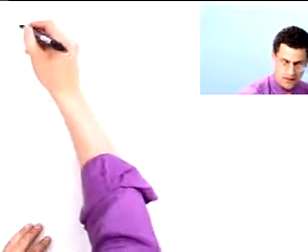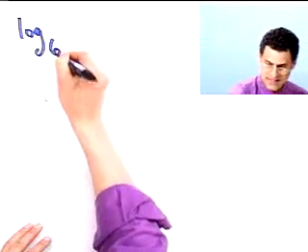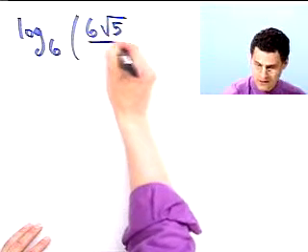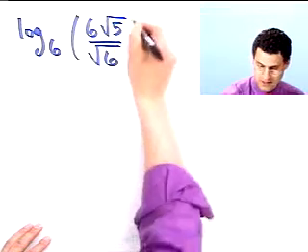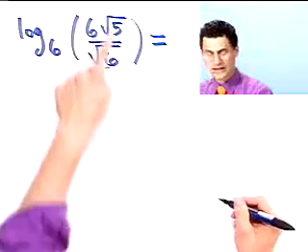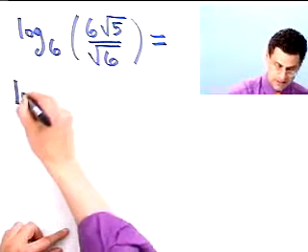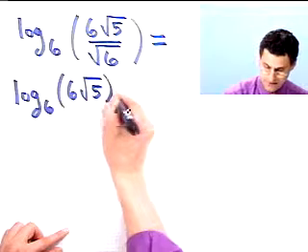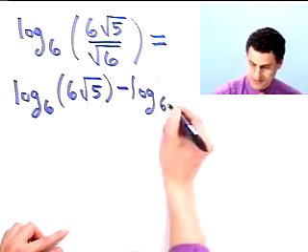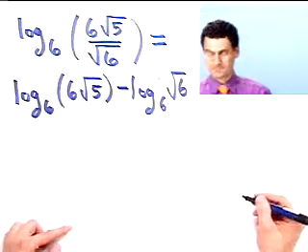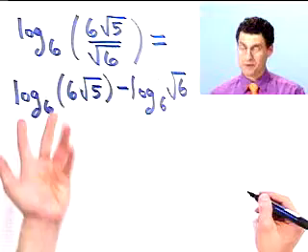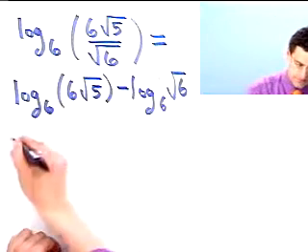Let's try some more. It's so much fun. Log base 6 of 6 square root of 5 divided by square root of 6. Well, here again I see a quotient. So I could write this as log base 6 of the top, 6 square root of 5, minus log base 6 of the bottom, square root of 6. Okay, what else can I do? Well, this is actually the log of a product, so that's the sum of the logs. So in fact, this equals